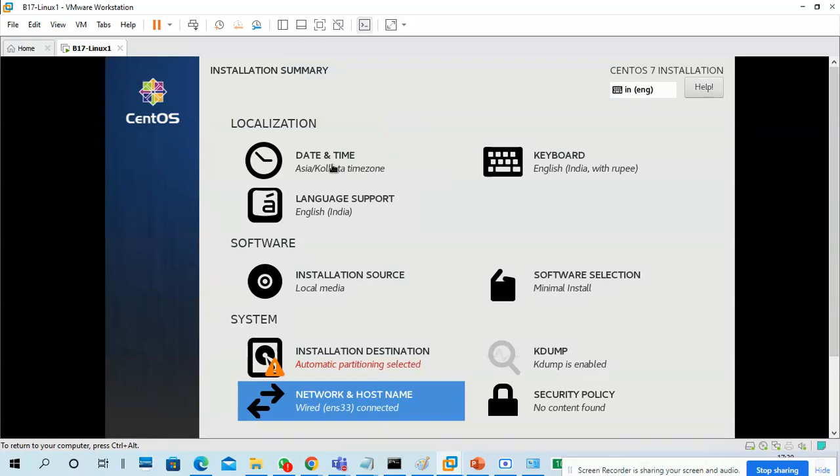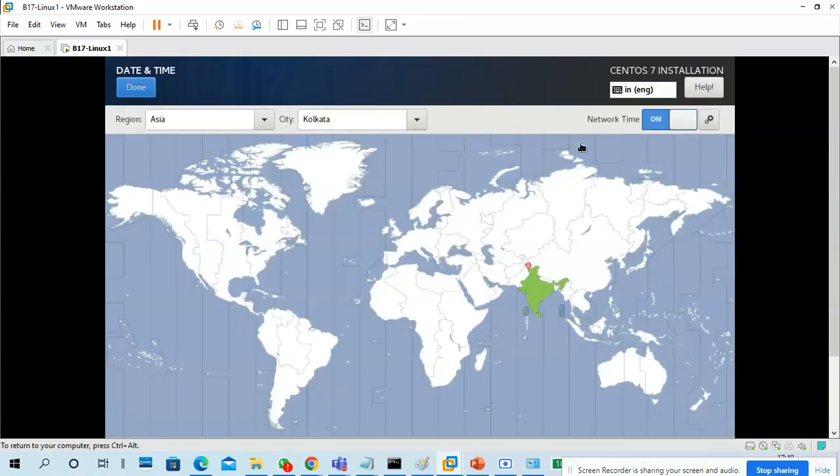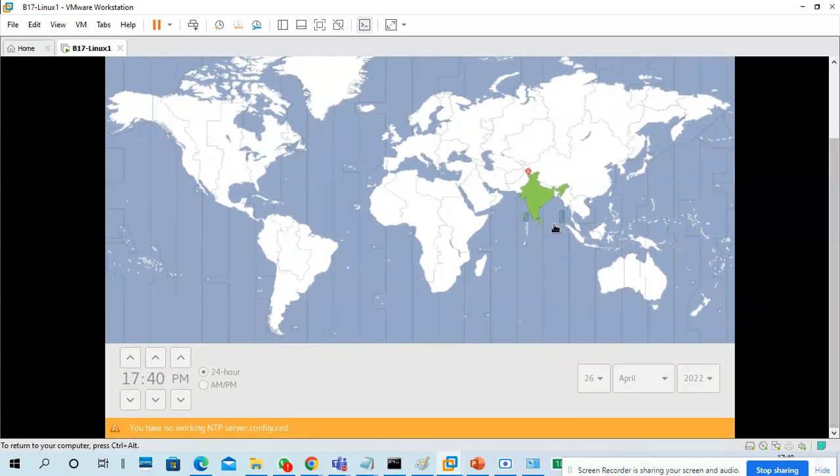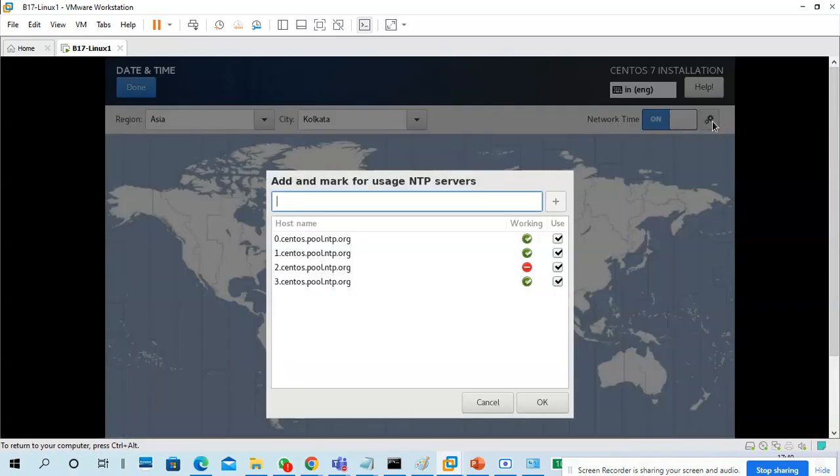Okay. Next, date and time. So this is the date and time. Turn on. It is already on. Otherwise, turn it on. This is India, it is located here. The time zone and time. So we'll get an updated time from the NTP servers. You want to know what NTP is?